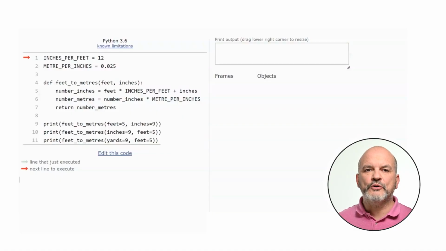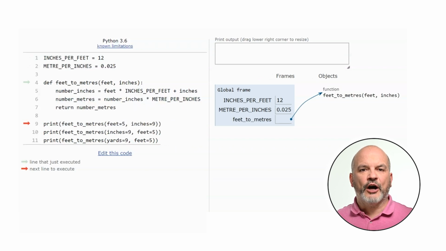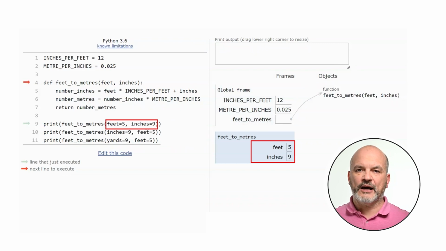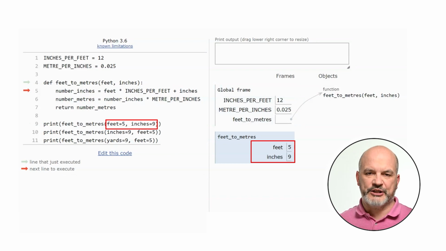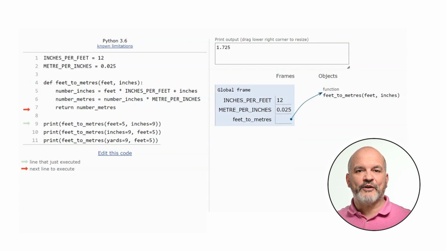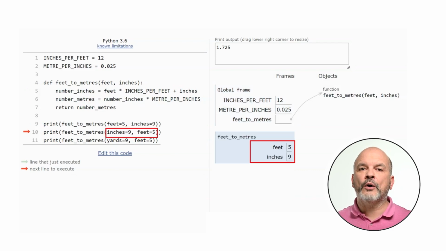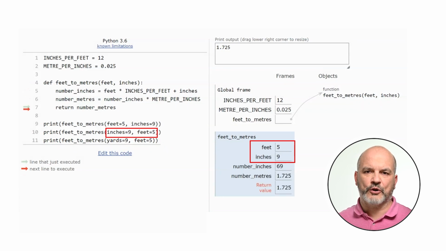We can also call a function using keyword arguments matching. That is, we use the name of the parameter in the function call. Here, we use the keyword feet and the keyword inches and assign them a value within the call. When executing the function, the value 5 will be assigned to the formal parameter feet and the value 9 to the formal parameter inches. But what happens when we reverse the order of the argument in the function call? The position does not matter, only the keywords. So 9 is matched to inches and 5 to feet. We have the same result as the previous function call.